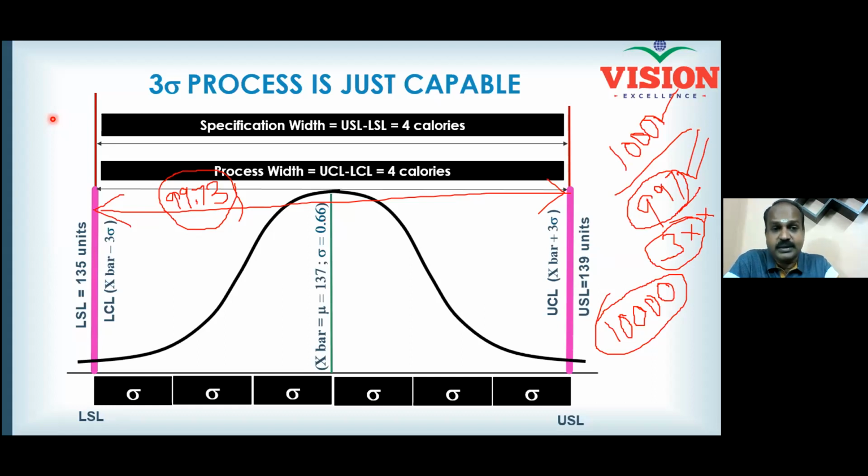Your rejections will automatically increase. Why did it happen? If there is a lot of demand, you will be repeating the process so many times. So far you have been running the company only for one shift. Now, in order to meet the demand, you will run it for 3 shifts. Now there are a lot of possibilities for the variation to occur.